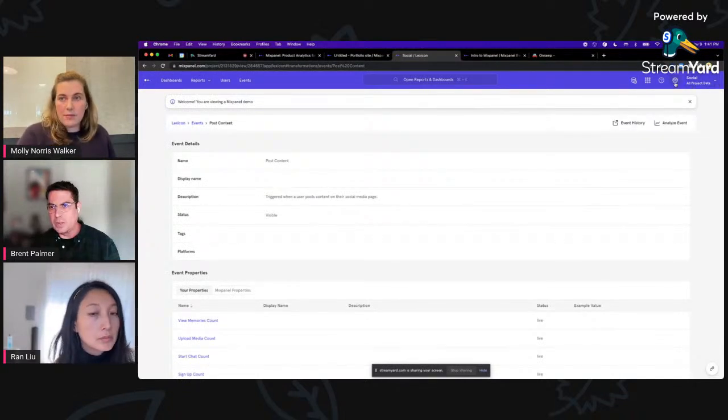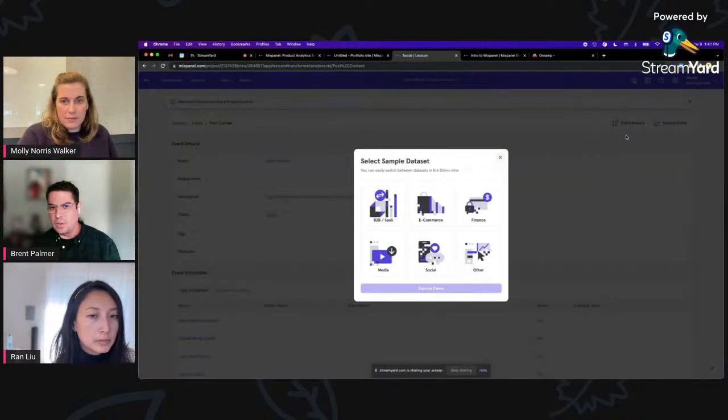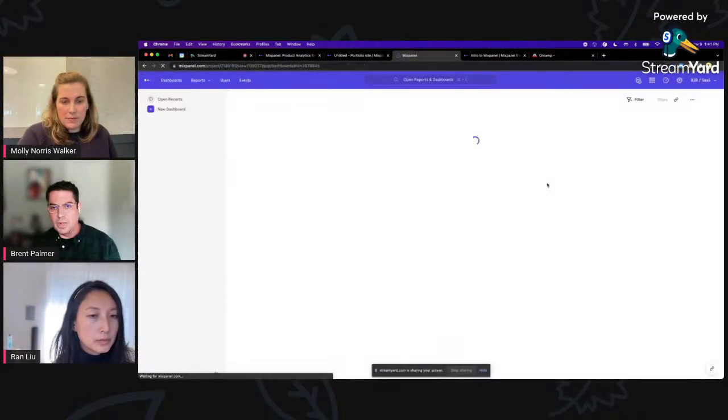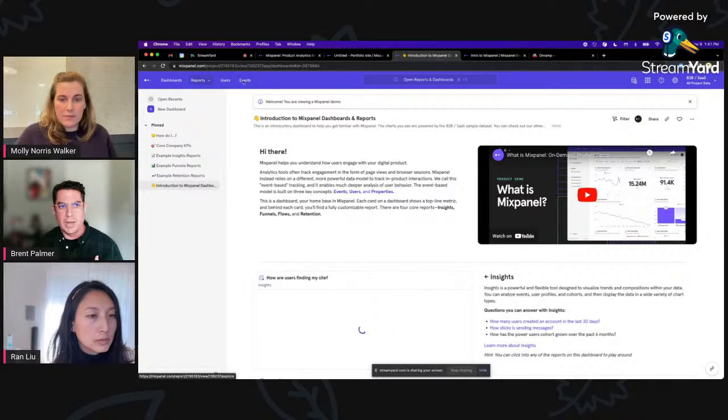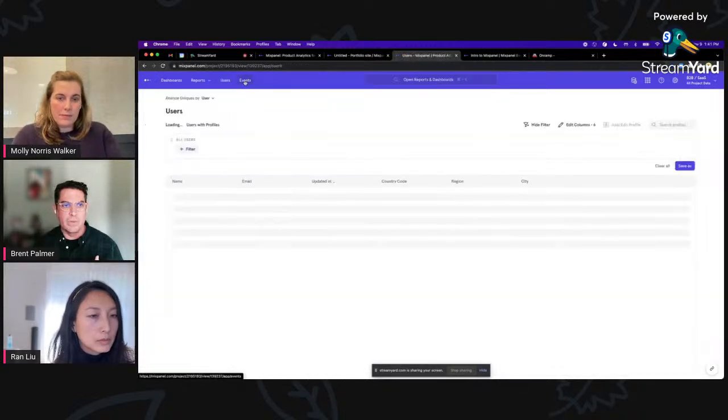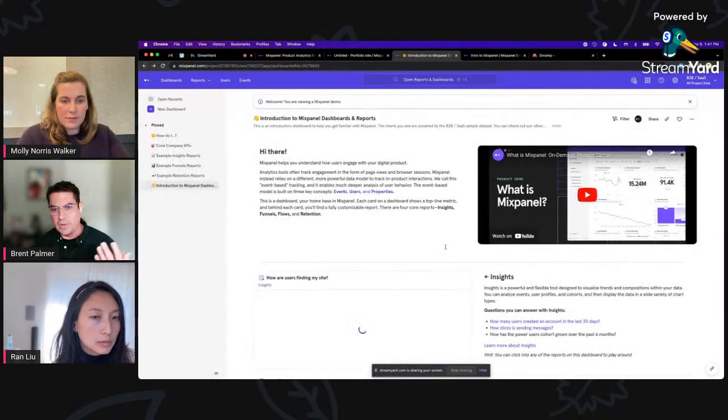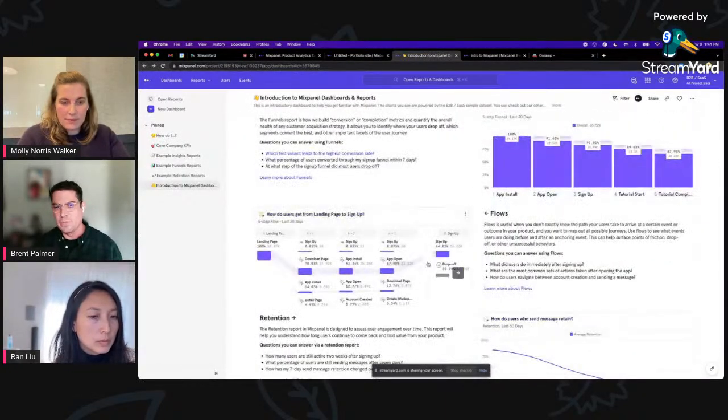I just say that because I've played around with demo data sets or demo dashboards that are just kind of read only. You don't have the full functionality across the product where you can actually go into the users and events to analyze that as well. It's usually just a nice, pretty dashboard that you can just kind of hover over.